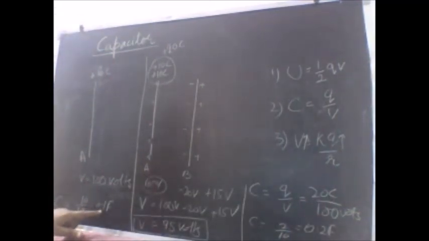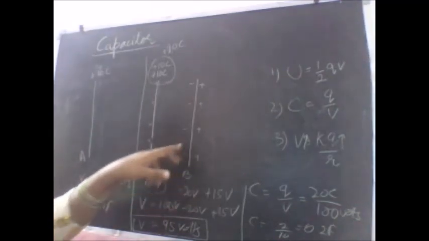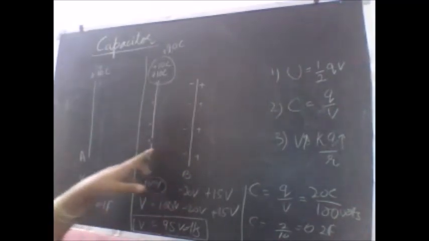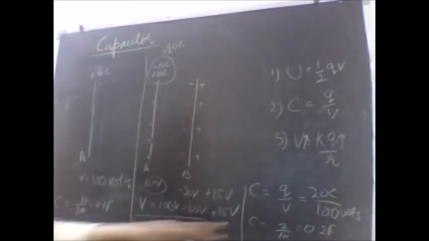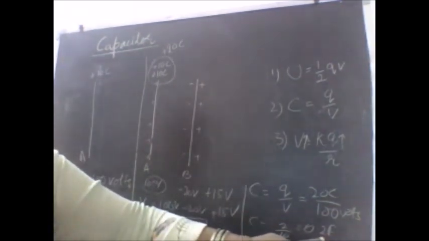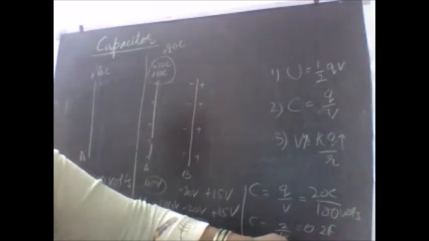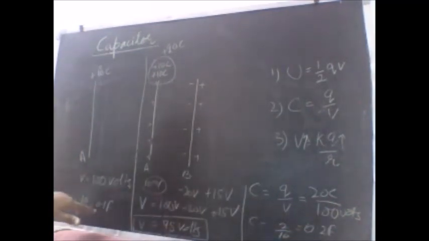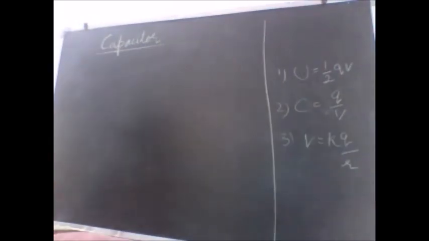In the first case, when we were having just a single plate, the capacitance was 0.1 farad, potential 100 volt. In the second case, when the second plate B is kept near the plate A, the capacitance increases to 0.2 farad, double of this. My motive is to increase the capacitance further. And how can I do that? So let us see what more can be done.